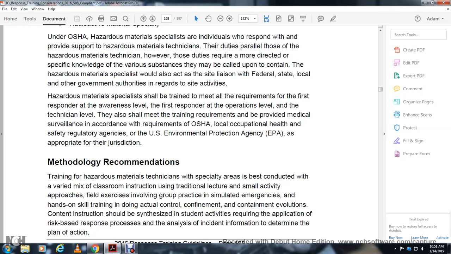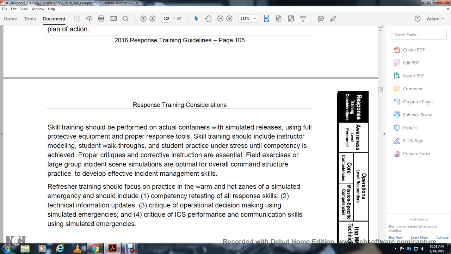Response process: analyze the incident, gather information, and determine the plan of action. Skill training should be performed with an actual contained simulated release. You use the full protective equipment and proper response tools. Skill training